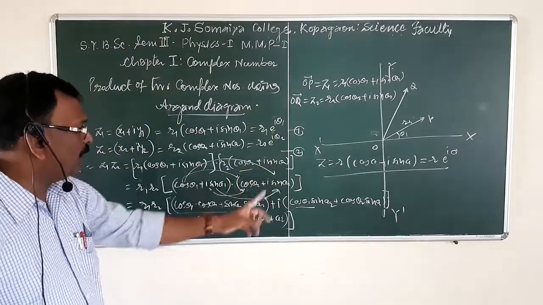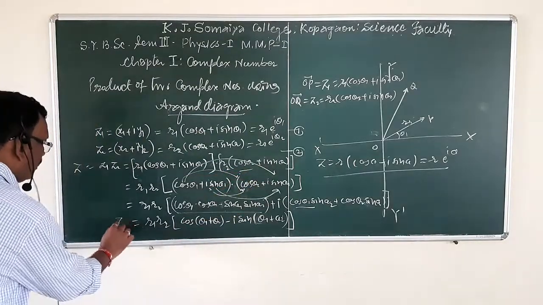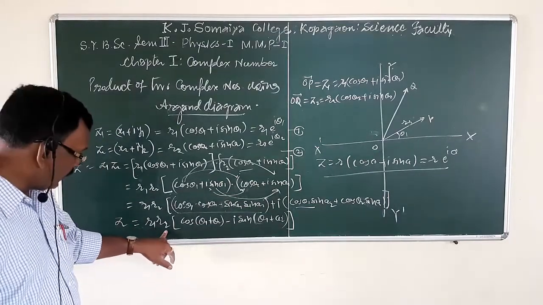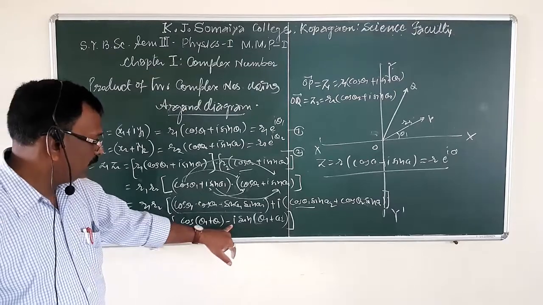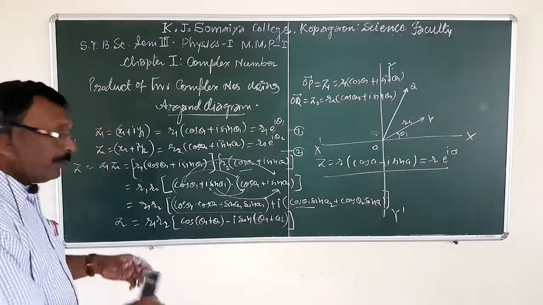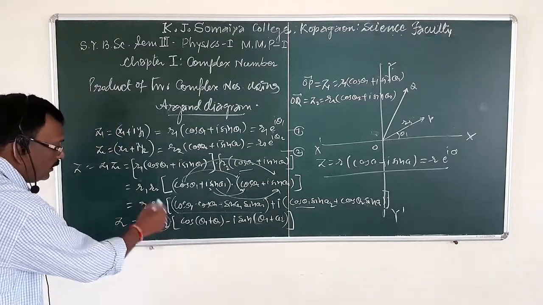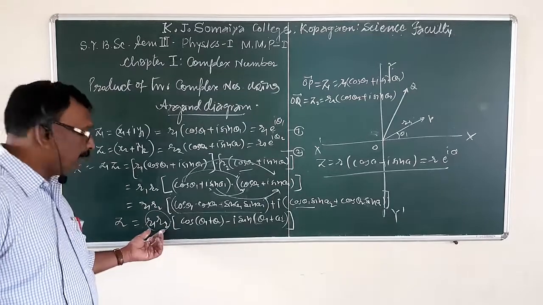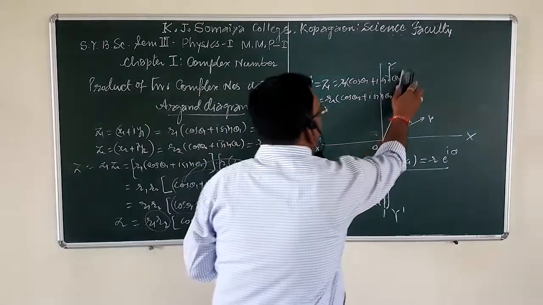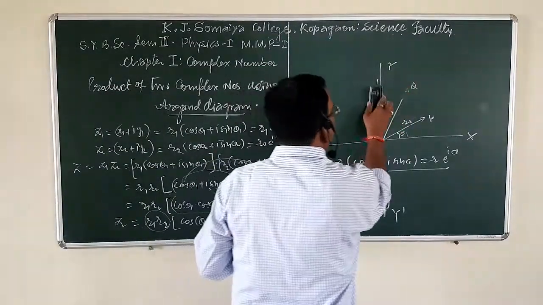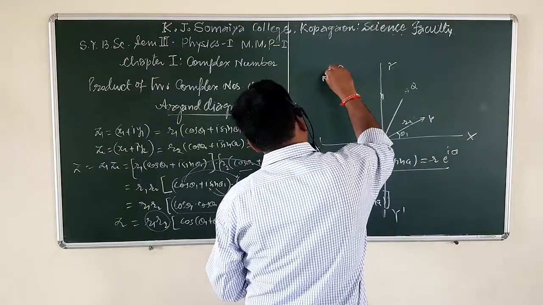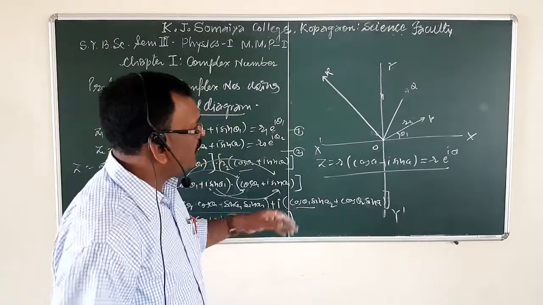By comparing these two, we can say that the product of two complex numbers, Z1 and Z2, is R1 R2 e^(i(theta 1 + theta 2)). Remember that here R1 and R2 give the modulus and this is the argument. We can represent this number on an Argand diagram by a resultant R, and this resultant R is obtained in such a way that